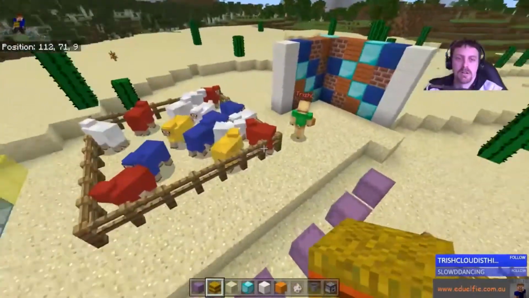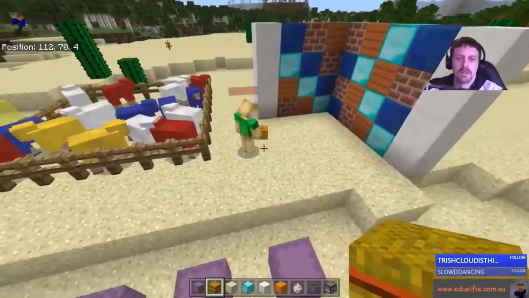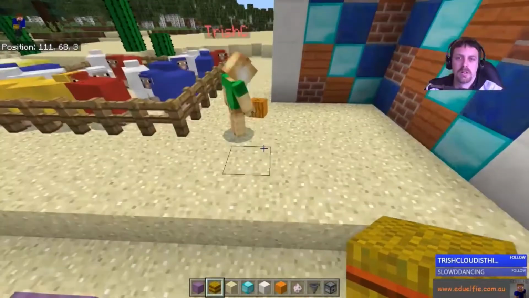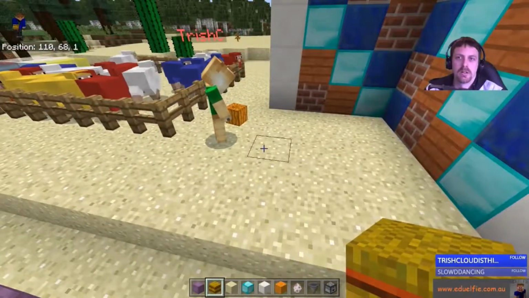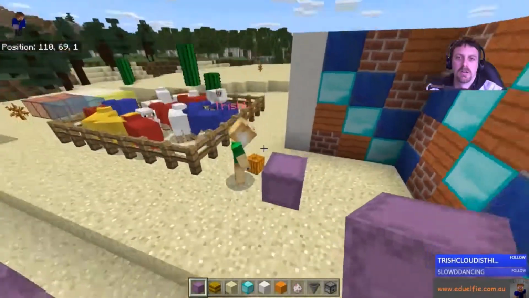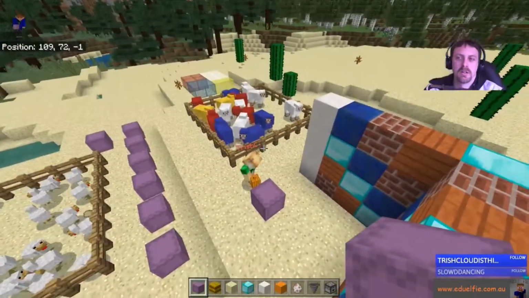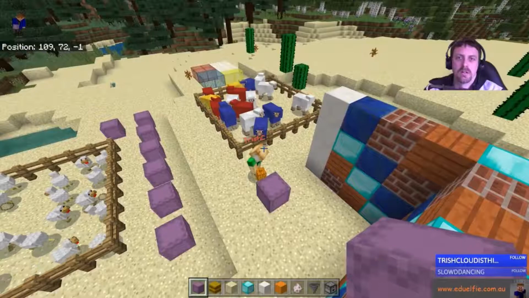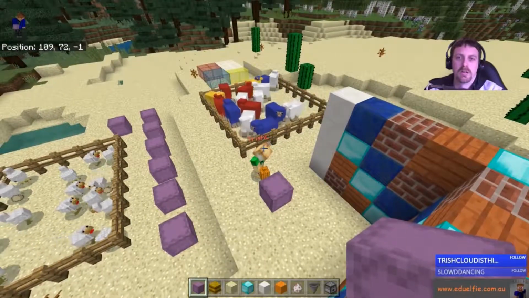Oh, okay. So we could put a shulker box out, and we could have them on grass, and they need to shear the sheep.